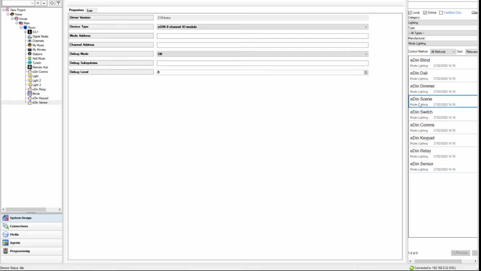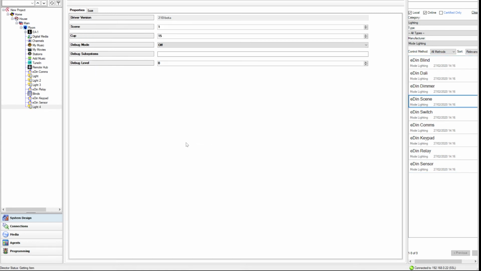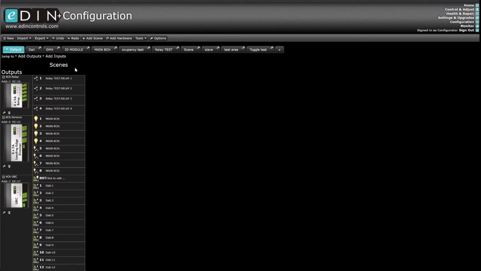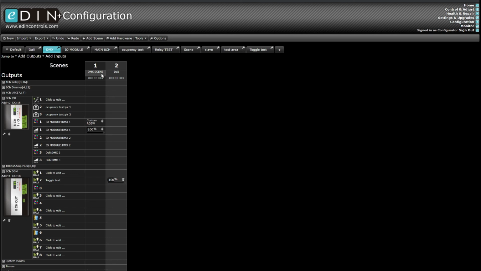And lastly, we have the eDin scene driver. This allows you to use one of the eDin scenes and control it like a light channel, or more usefully, trigger the scenes in general. Let's add that in now. We can see that there is a scene number here, and we need to go and get that from our program. I'm going back to eDin Plus, and then in this case I want it to control this DMX scene